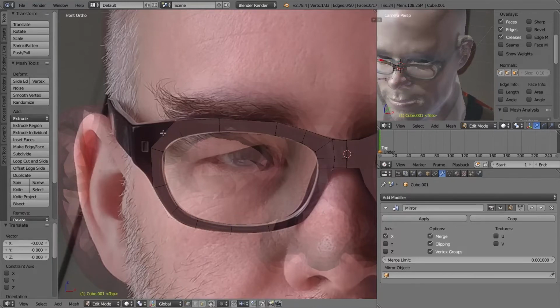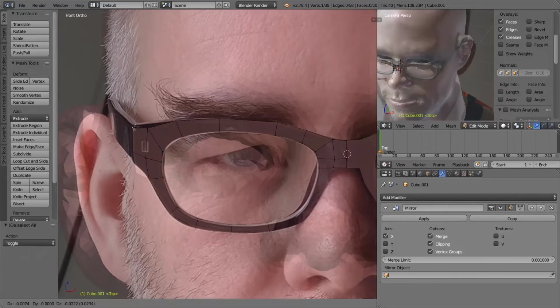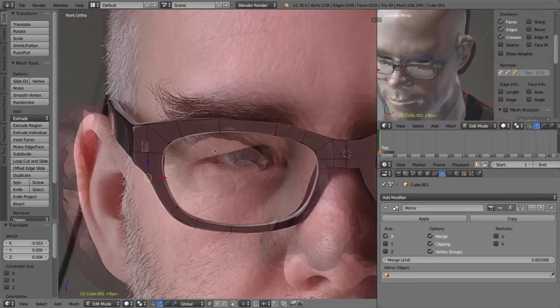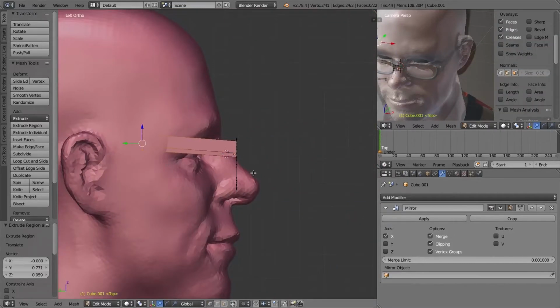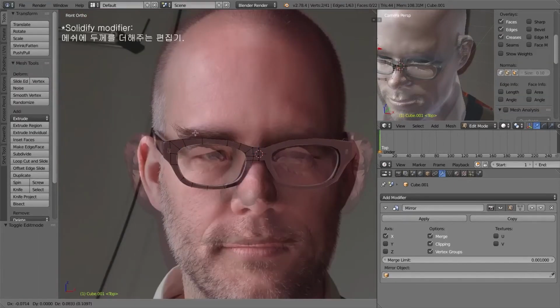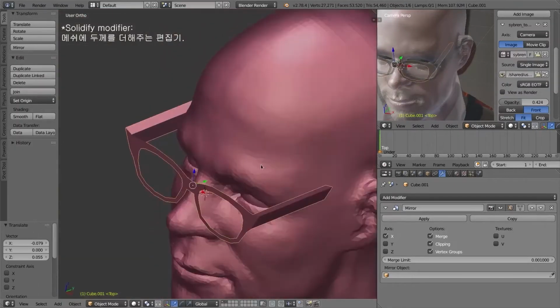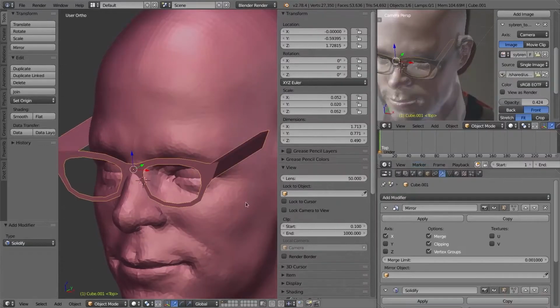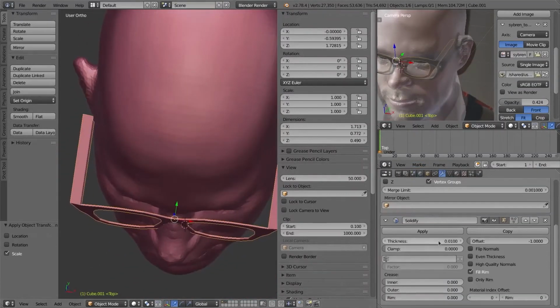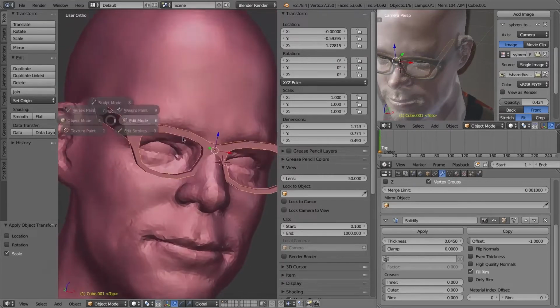And you see my general workflow for modeling a lot of things is just modeling, extruding out flat in a flat plane, and then just extruding and shaping from there. And here I'm going to add a solidify modifier, just to get a little bit of thickness to the glasses.